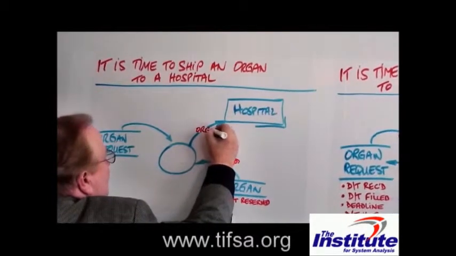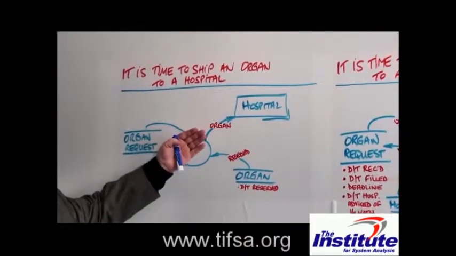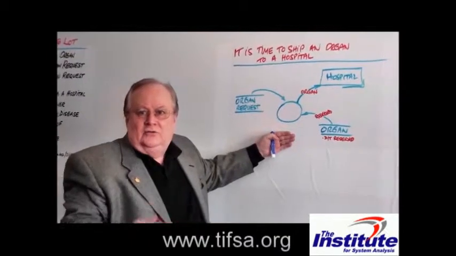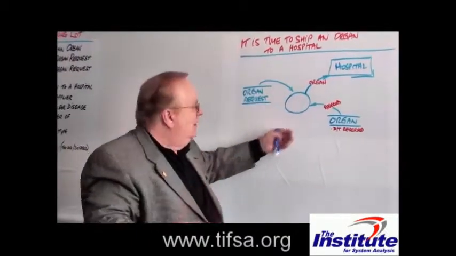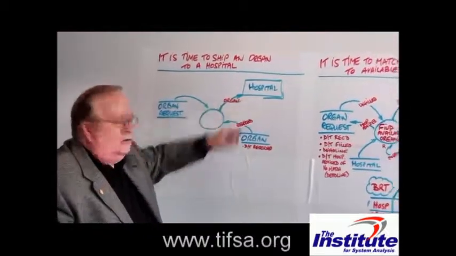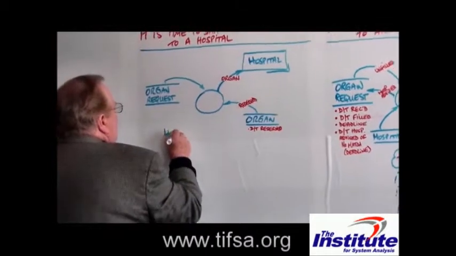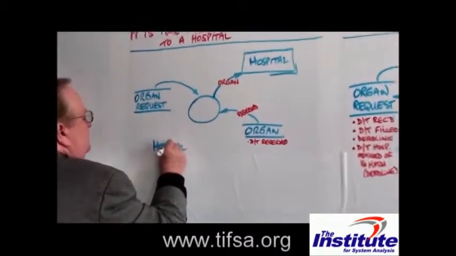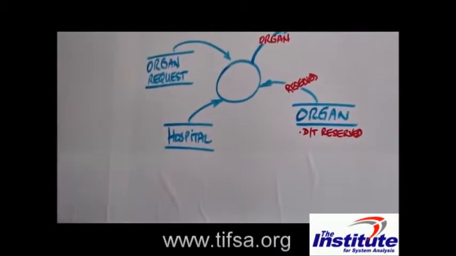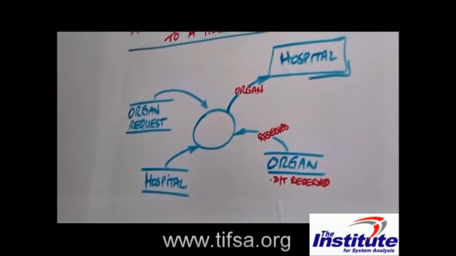And sometimes you'll see the way that I work is that I work backwards sometimes. I work from the end result back to, well, how did we figure out that we could do that? What information do we need? So we find the reserved organ for a specific request. We send it to the hospital. How do we know where the hospital is? Well, I'm going to put the hospital object here. And the hospital object has the contact information, has the location, and all of those things. Okay? So I can then send it to the hospital. But